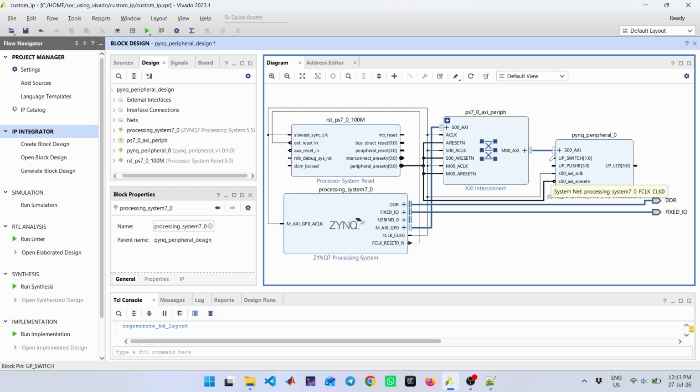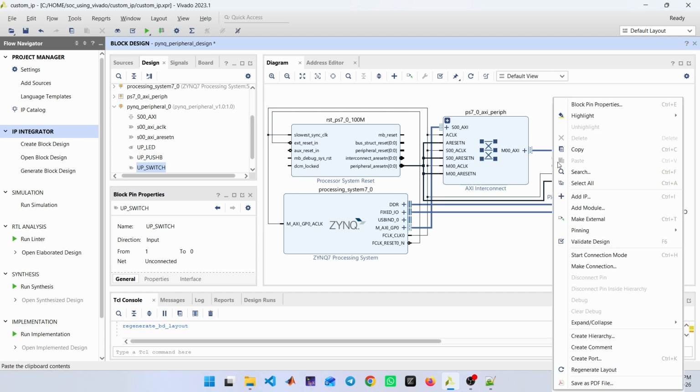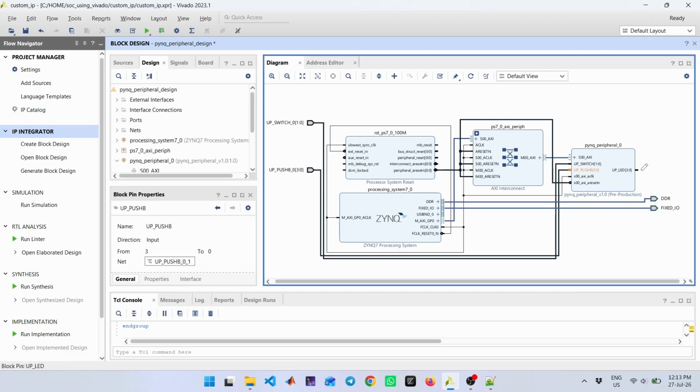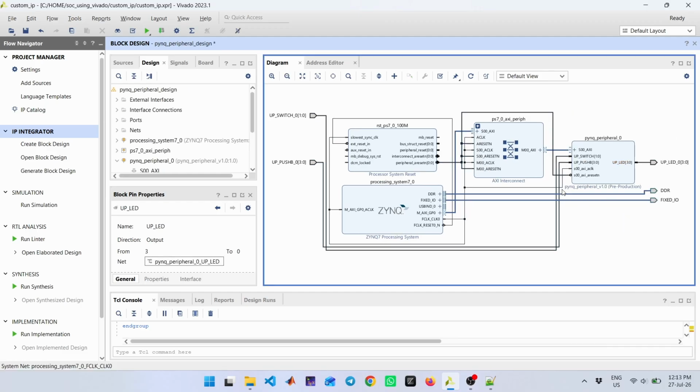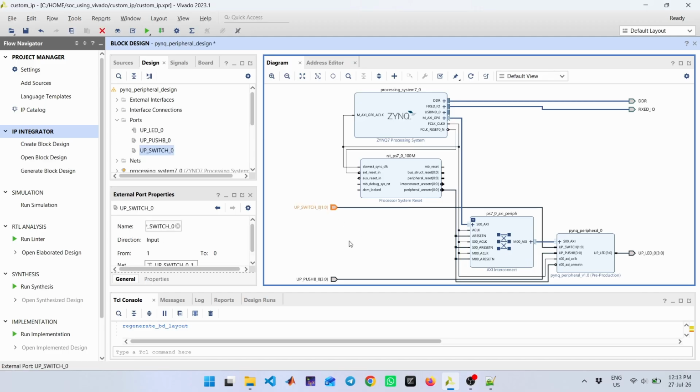We said that we are having these ports: this UP switch, UP push buttons, UP LED. So we need to make them external ports. Just right click, make external. Here also, make external, make external. As you can see, the name of this port is UP switch 0, UP push button 0, UP LED 0. Xilinx is adding underscore 0 to this port